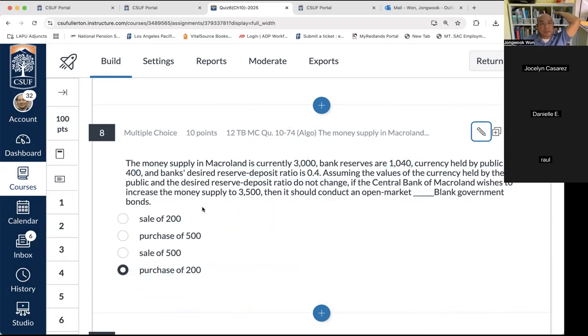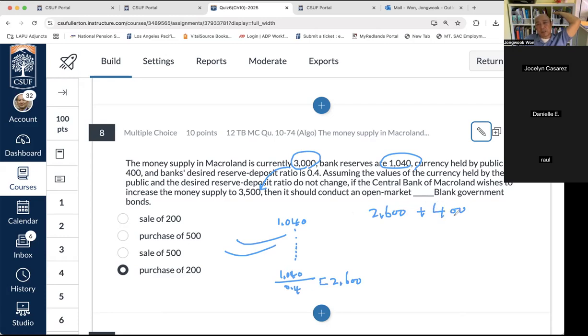that becomes clear. So if 1,040 is deposit, it keeps coming, lending and lending, deposit, lending, deposit. Eventually, this becomes 1,040 divided by 0.4. That becomes 2,600. But they want to make this 3,500. Okay. So how? This is 3,000, 2,600 from deposit plus people's money,